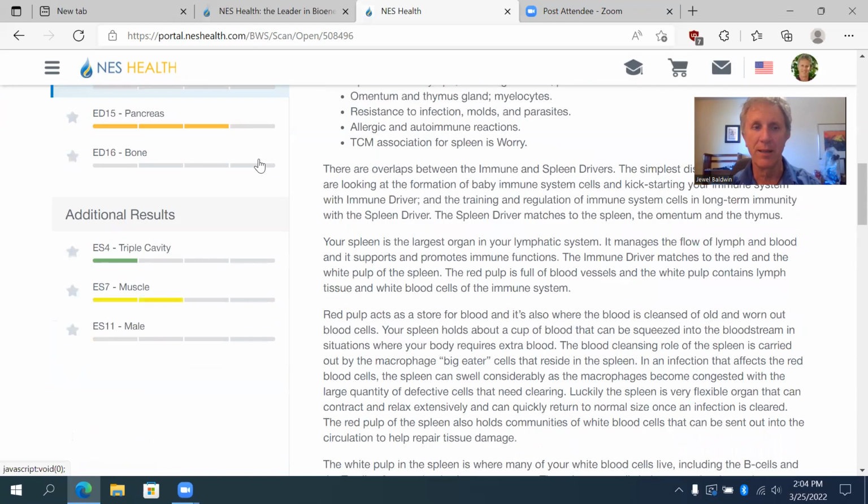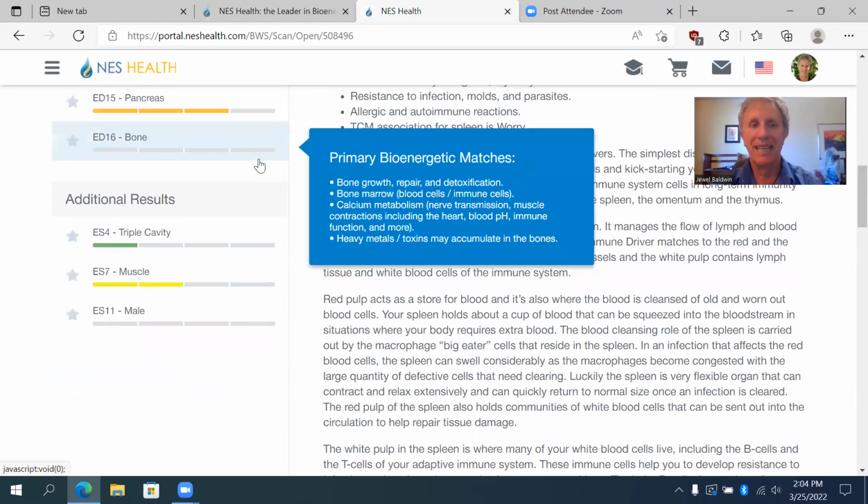There are a few other things at the bottom here. These are called ESs instead of EDs, energetic stars, which are remedies that are a little more compound, dealing with more metabolic functions. Triple cavity relates to hormonal function, getting the thyroid and the overall endocrine system: adrenal, thyroid, pituitary, hypothalamus. That axis is all being graded here